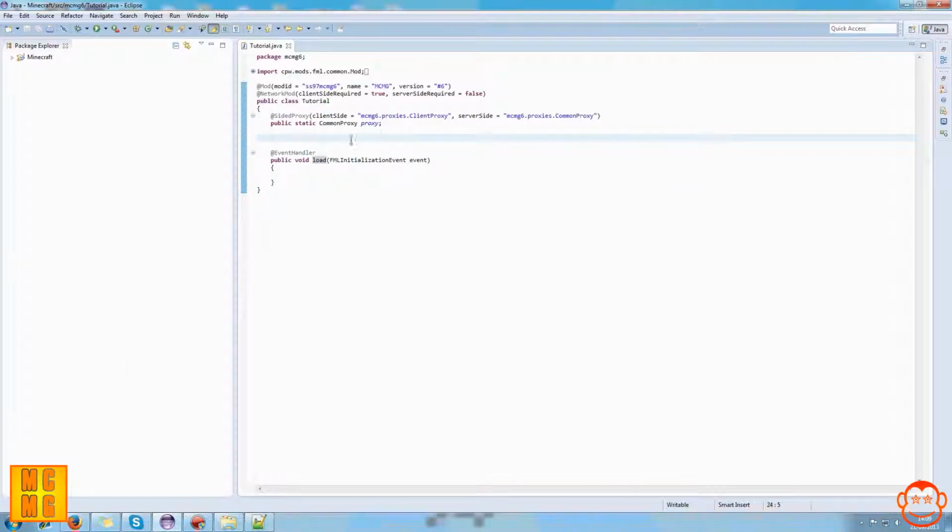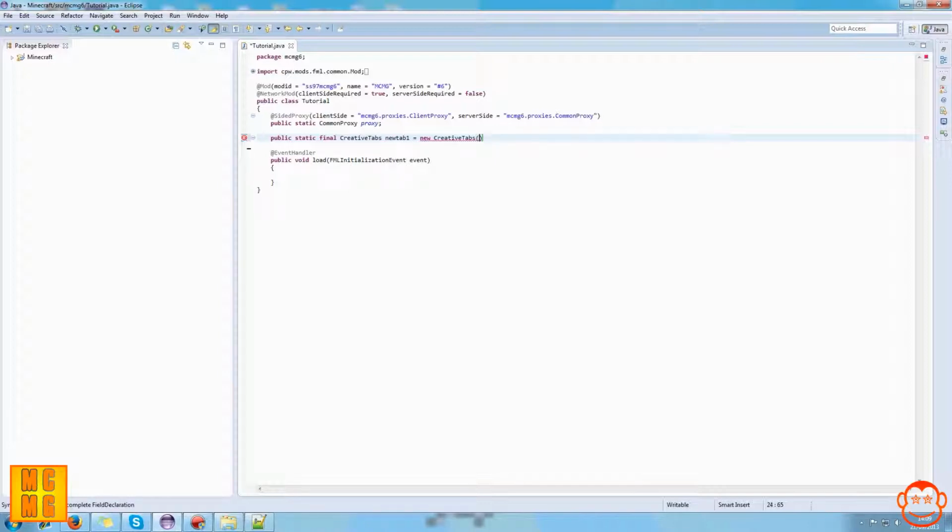declare our creative tab. So to declare our creative tab, we just declare it here in the main body of the class, and what we write is public static final, and then the type of variable we're creating is one that extends off CreativeTabs. So that's the class that all creative tabs that exist in the game use as the type of variable, and then press space, type what we call the variable, we just call it newTab1, equals, and then we put new CreativeTabs again, so the same class that we put over here, two brackets,